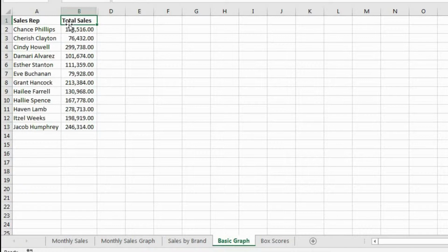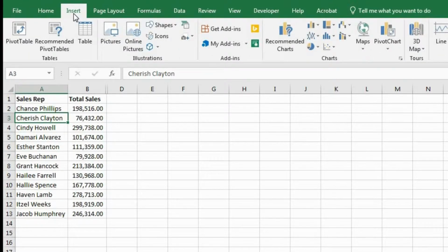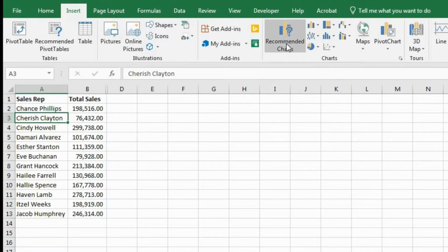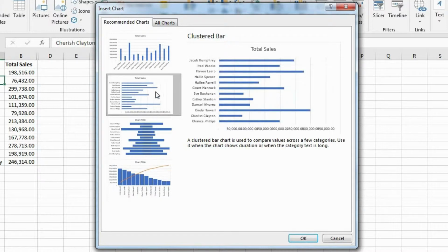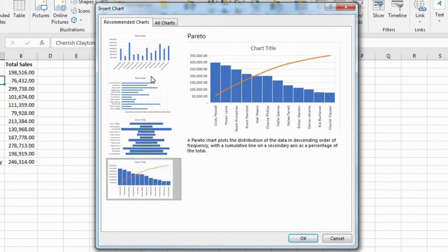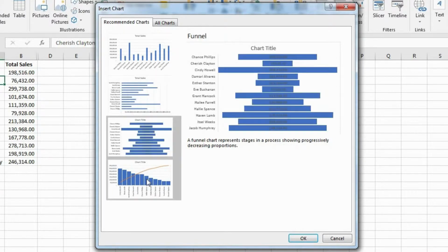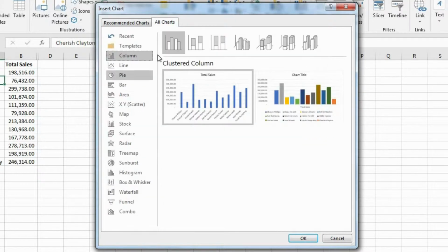So right away, an easy way to do this is to click in any cell in this data set. We'll come over here to Insert, and then we'll choose this option right here, Recommended Charts. And now Microsoft Excel brings up a bunch of different suggestions for charts that we can use. So you get a little preview here on the right hand side as you go through all the different recommended charts. Or if you go into this next tab over here called All Charts, now you can see the different